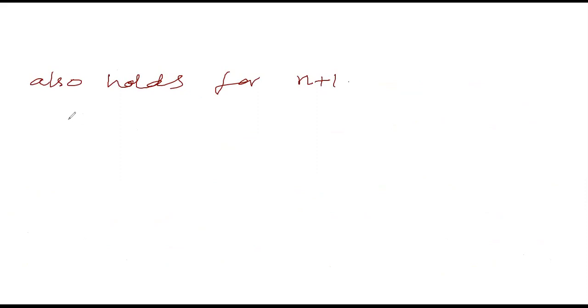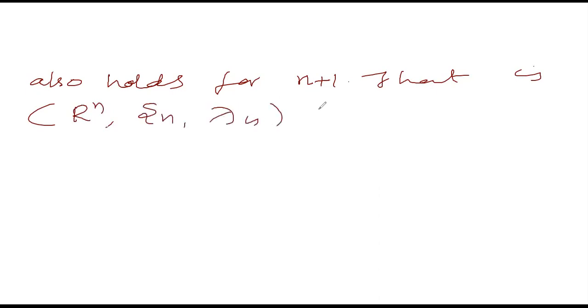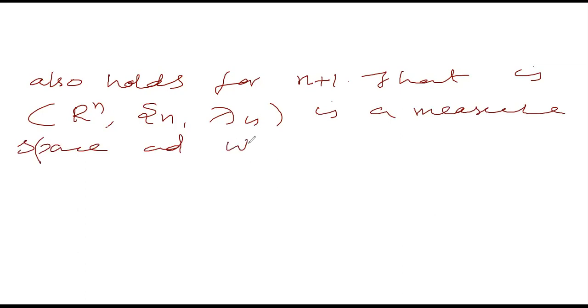That means this R n, S n, lambda n is a measure space. It's given by induction that this is a measure space, and we show that